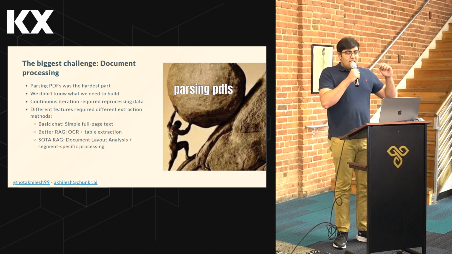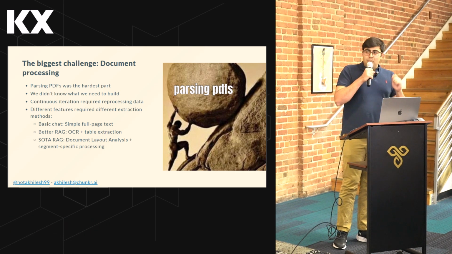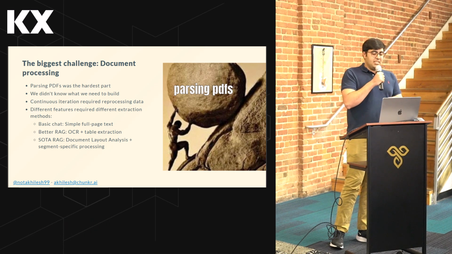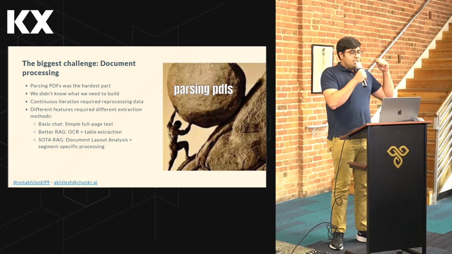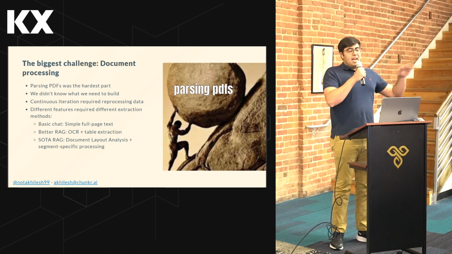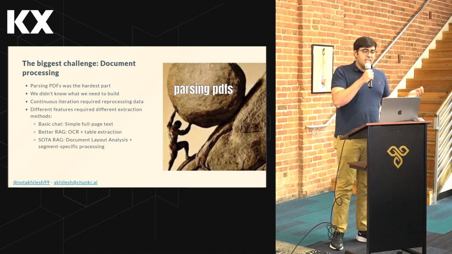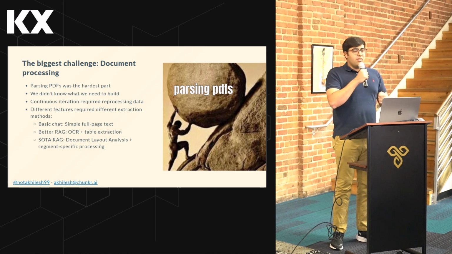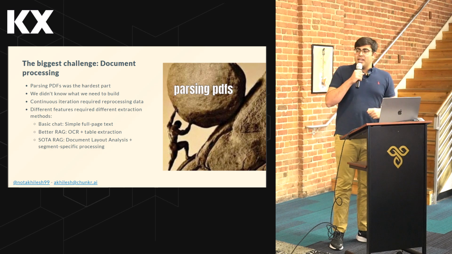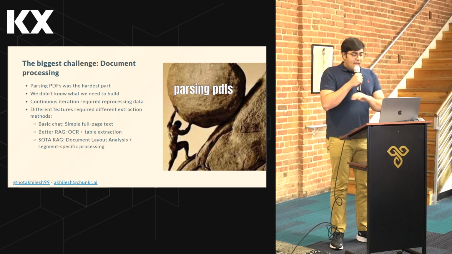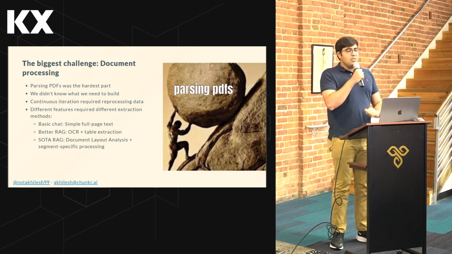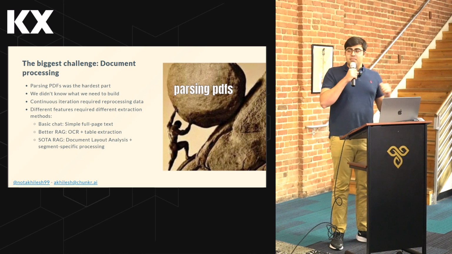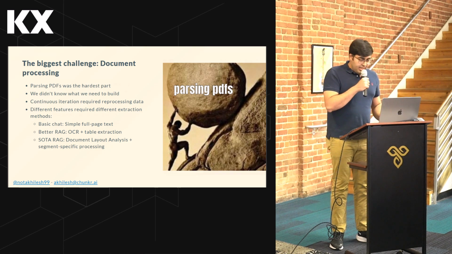Honestly, when we were building Lumina, the biggest challenge that we had was just parsing PDFs. Every time we had to come up with a new feature, which is what matters, right? It didn't matter to our users how good our chunks were. Maybe our RAG was getting better, our search was getting better, but what they really cared about were these specific workflows that you had to build. And every single time we would make a new feature, we would have to go and reprocess all of our data and make something new. So that's where we get to Chunker.